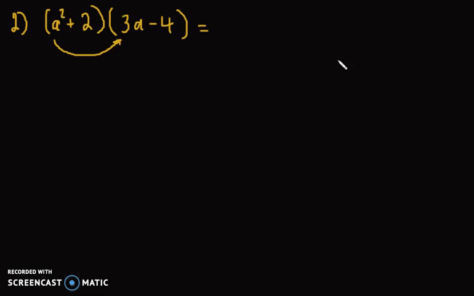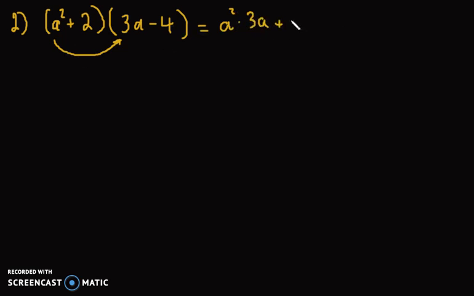Number 2, we have a squared plus 2 times 3a minus 4. Again, do the same. Okay, we have a squared times 3a